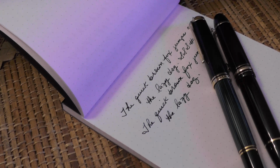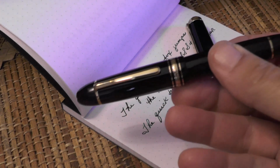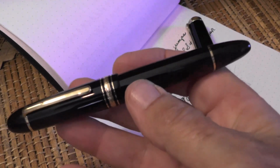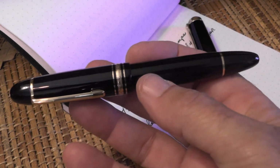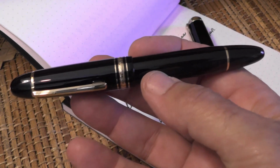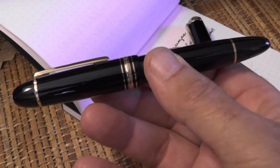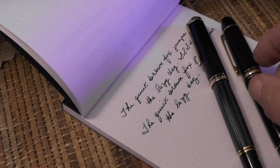But I will say the overall writing experience and the pen that I choose the most often of these two is the Montblanc 149. The primary reason that I choose it is that the writing experience is noticeably better with the 149. I think it's a combination of the nib and the subtle writing angle of this pen in my hand. Both of these pens are keepers though, and I hope you've enjoyed this